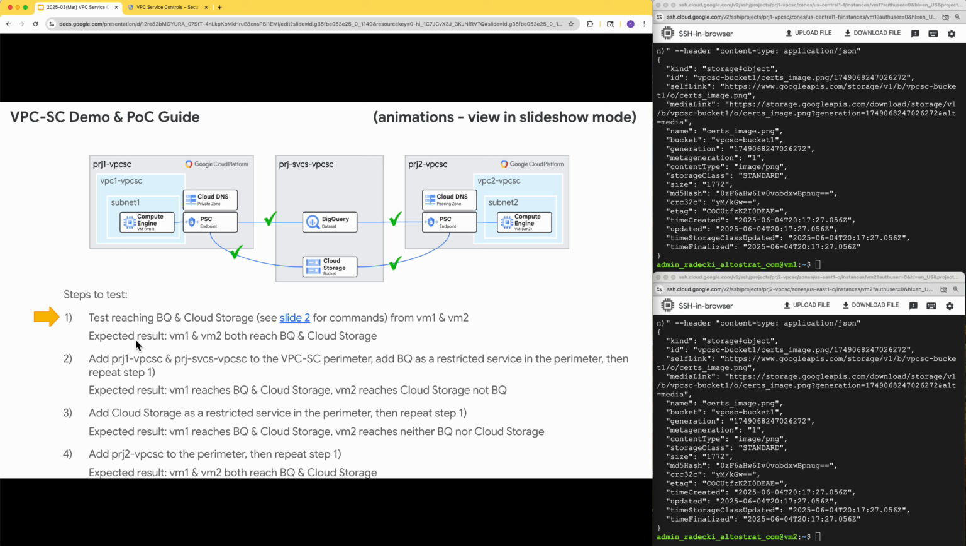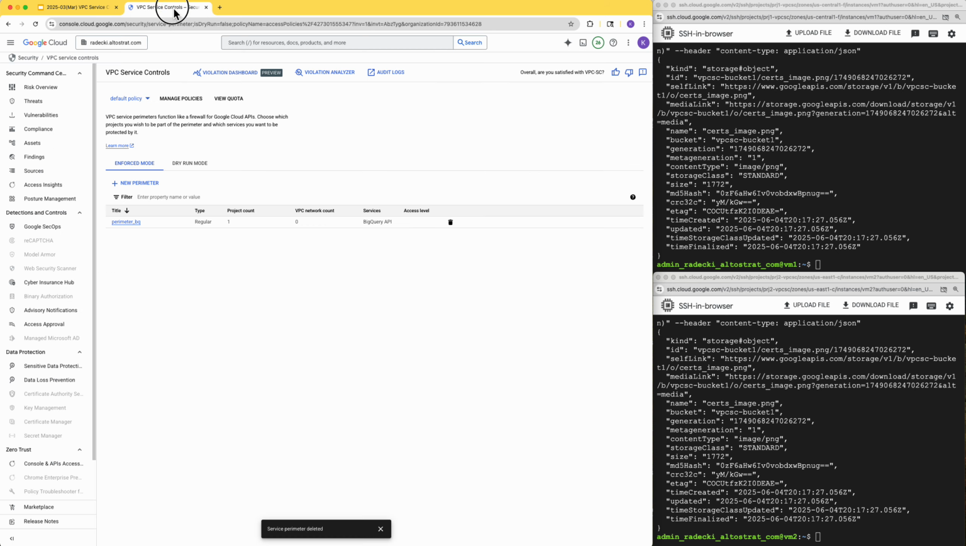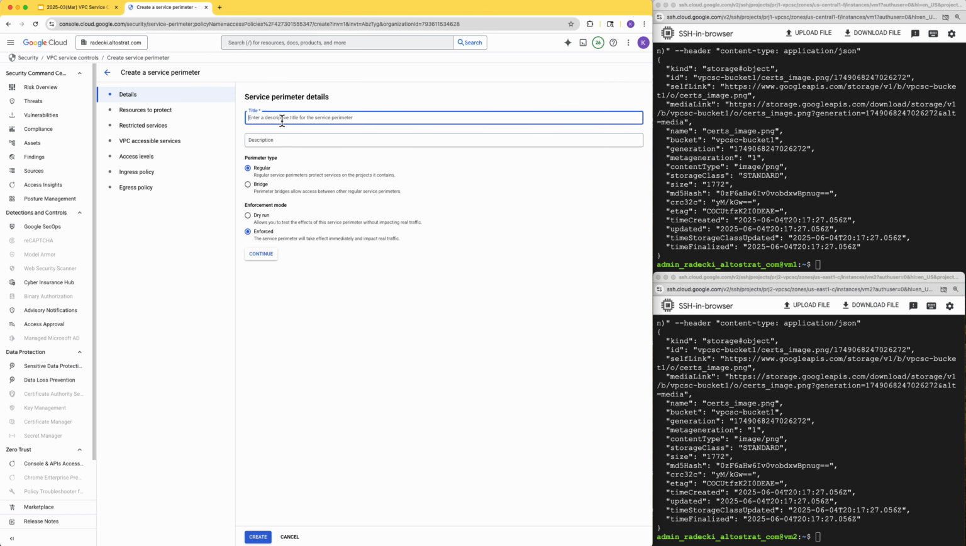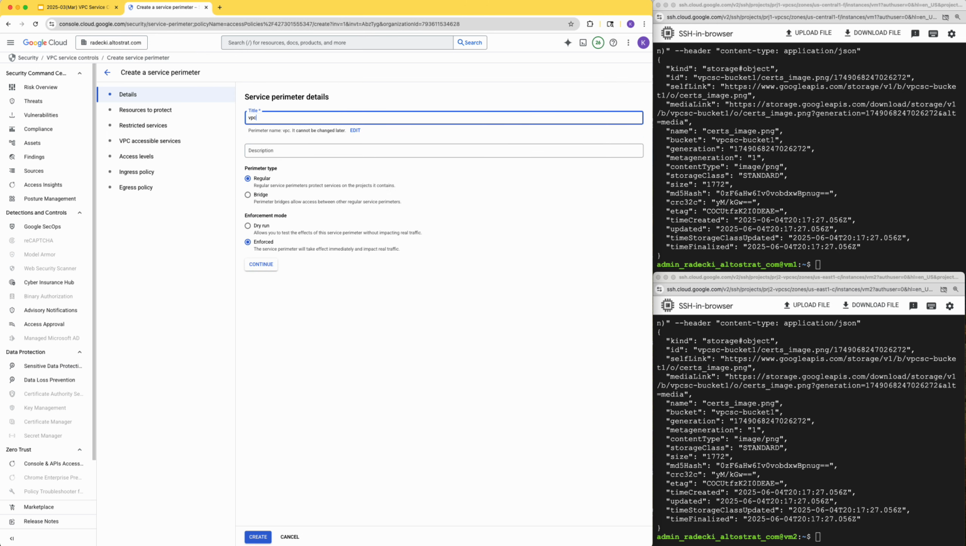That's our next step. So here's the diagram that we're going to follow and the steps at the bottom of the screen. We already did step 1. Let's successfully reach BigQuery and cloud storage from VM1 on the left and VM2 on the right. Now let's add a VPC service controls perimeter, and we're going to add BigQuery as a restricted service in the perimeter. To do this, we'll go to the GCP console, add a new perimeter, give it the name